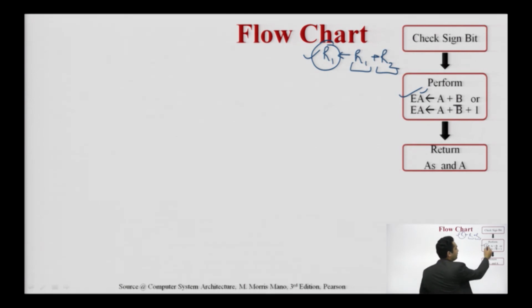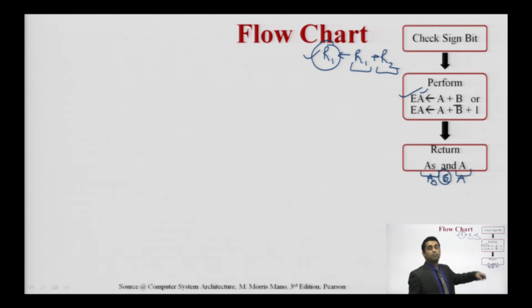Similarly, we are using this A as an output, and E is represented as a carry. If there is anything, then we are performing this operation, and the resultant is the sign of the output and this output value. If there is arithmetic overflow, then we will add E here, meaning it is E A S, but E is not mentioned always because it comes into existence only if there is arithmetic overflow.